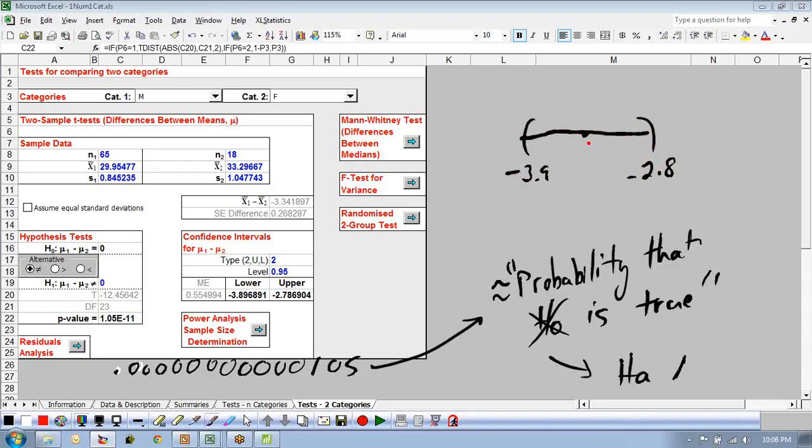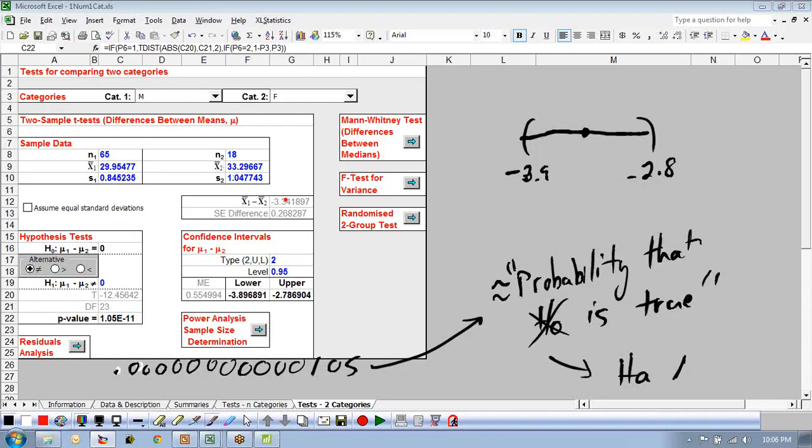So essentially, women are getting somewhere between 3.9 and 2.8 miles per gallon better than men in this particular set of data for the cars, whatever it was. But keep in mind, this is fictitious data. As much as I would perhaps want to say it's not, it is fictitious data. But again, this would say that there is a real difference, and notice the confidence interval,